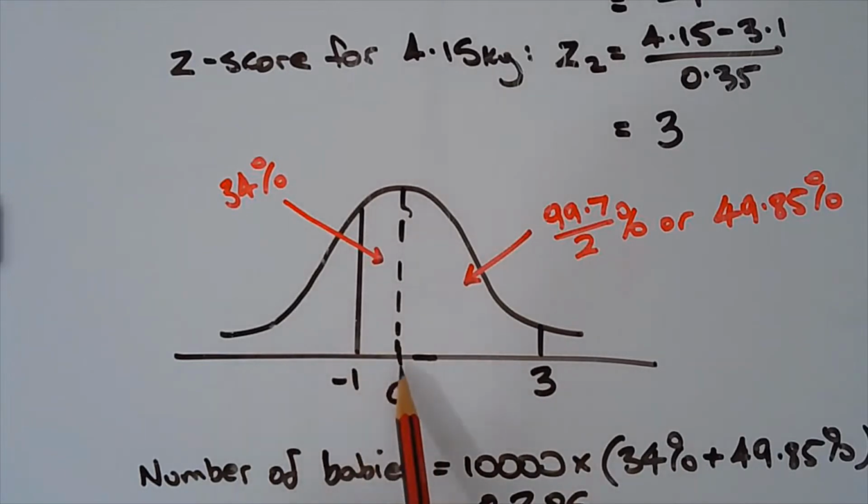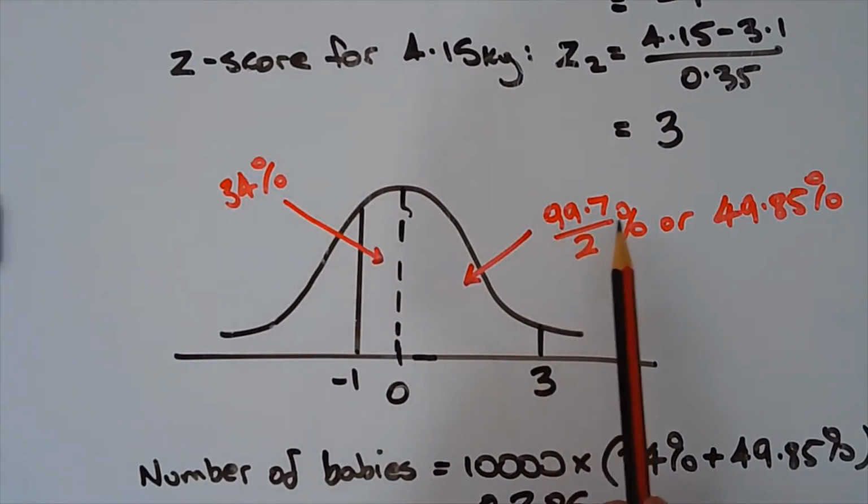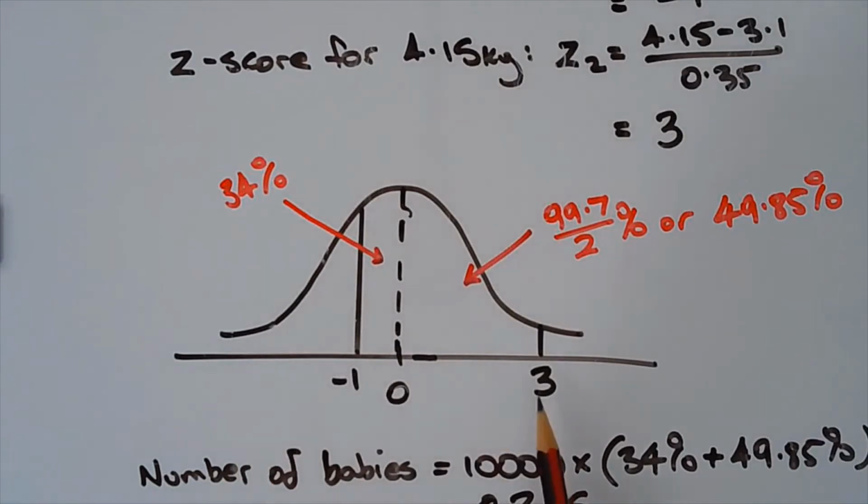Between negative 1 and 0, we know there's 34%. And between 0 and 3, the way I work that out is, I know that 99.7% of the data lies between negative 3 and positive 3. You can get that from the reference sheet. Dividing that by 2, because we're only interested in half of the normal distribution, gives us